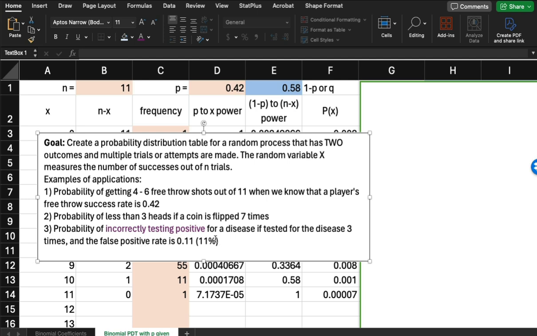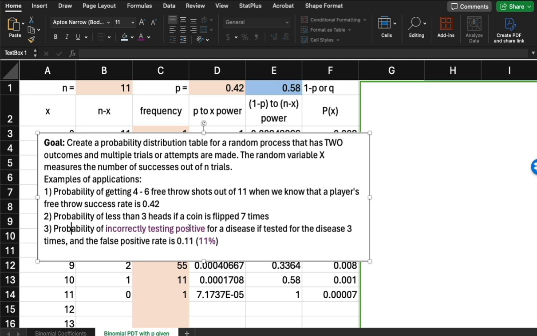So every time a person receives a screening mammogram for breast cancer, there is an 11% chance that they could test positive, but they don't have breast cancer. So we want to know what is the probability of that happening if they get tested 3 times, and they just test positive 1 out of those 3 times. So we can answer any of those questions using this